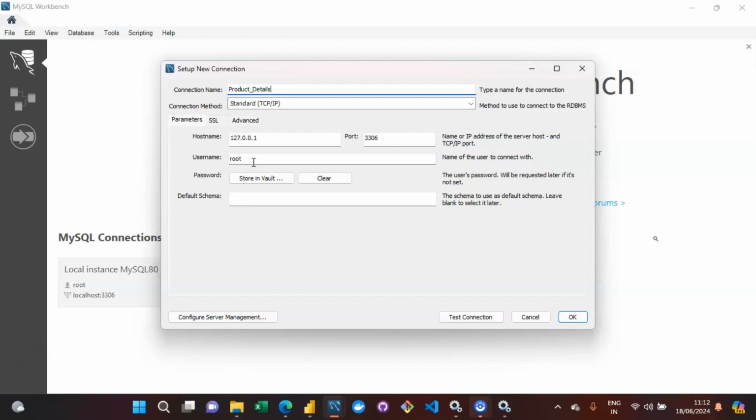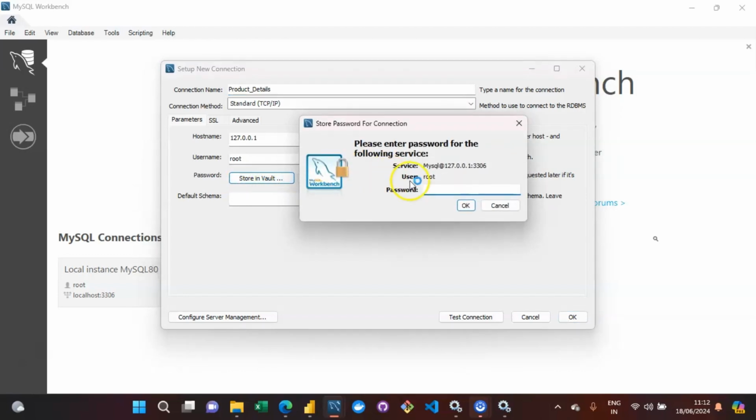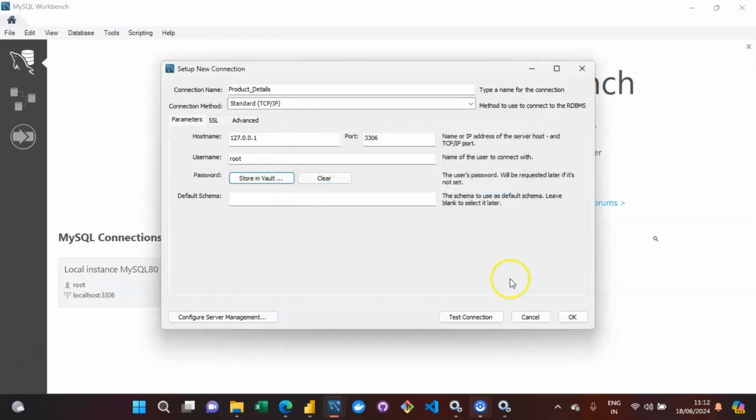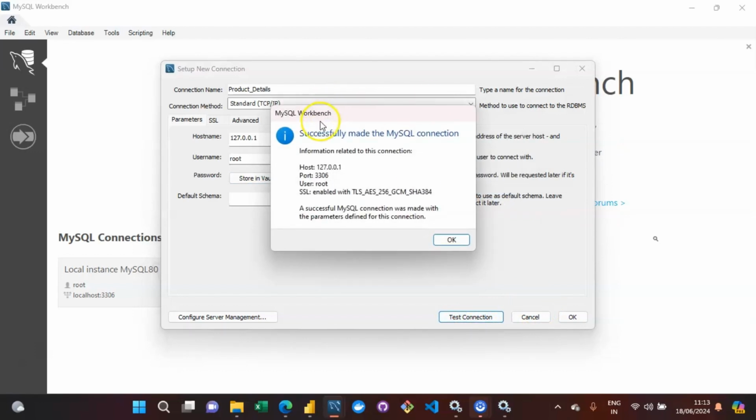You can set the password from your side by clicking on this option, that is Store in Vault. So if I'm clicking over here, I'm setting some password for me. All right, I'm clicking on OK. And now I'm going to test the connection. So you can see that you have successfully made the